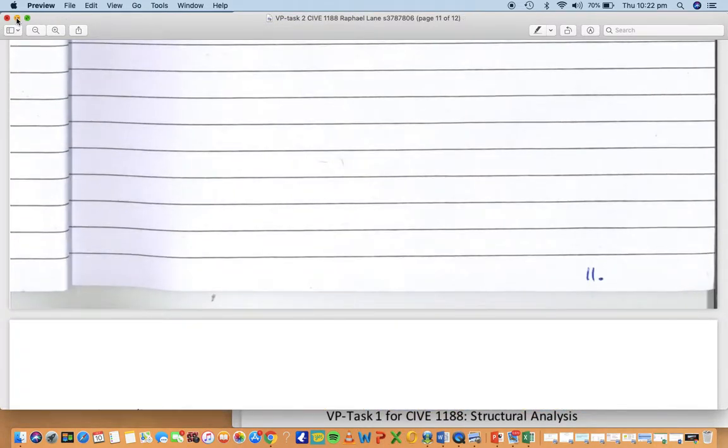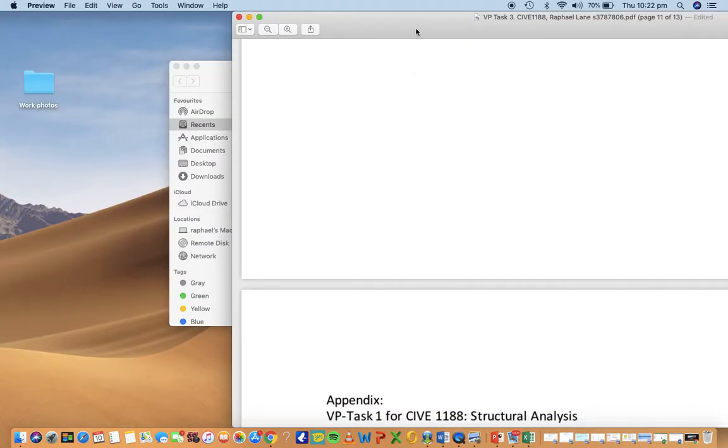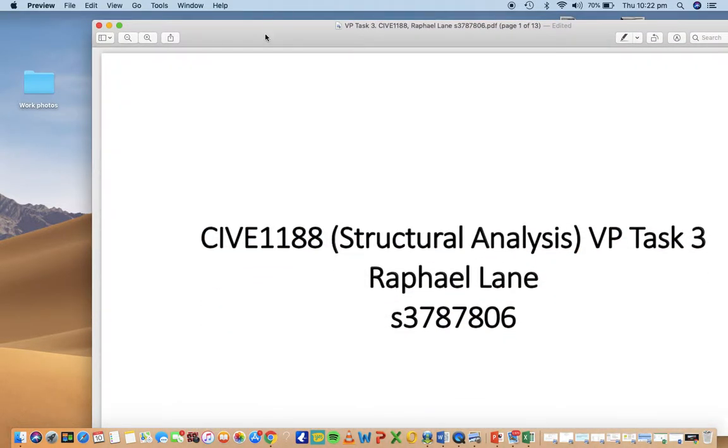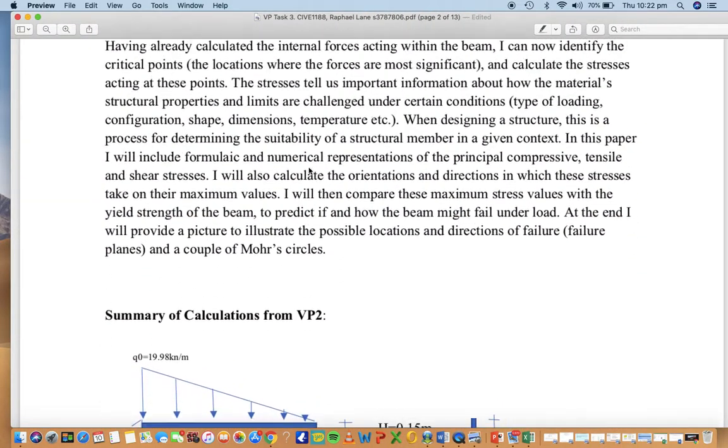Now on to VP3. For VP3, I made a brief summary of the calculations from VP2, tidied it up a little bit,